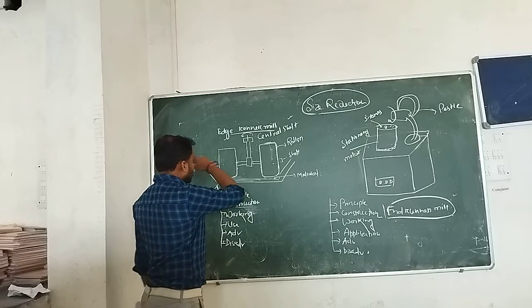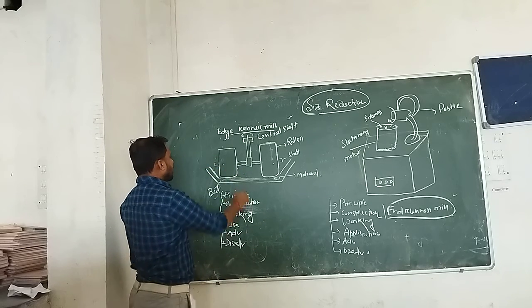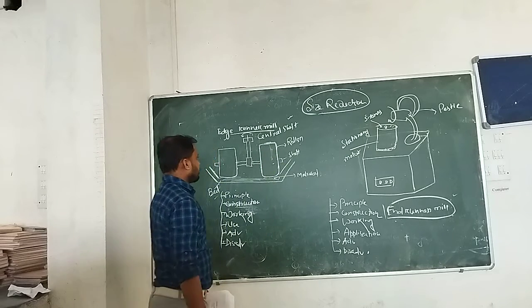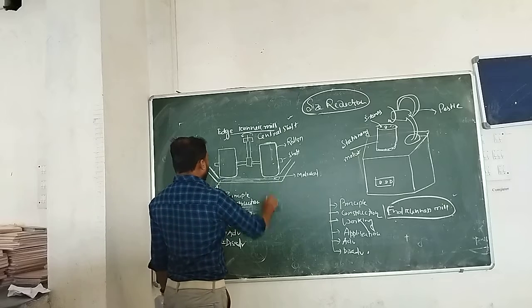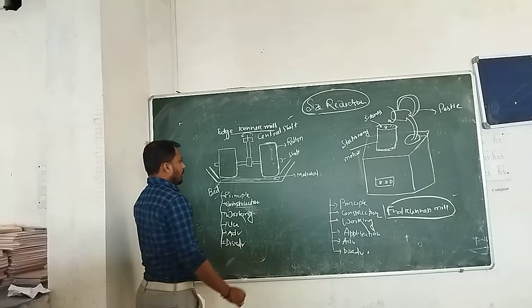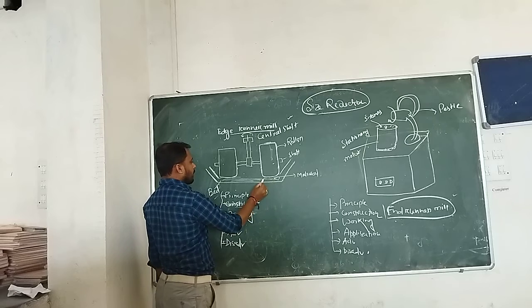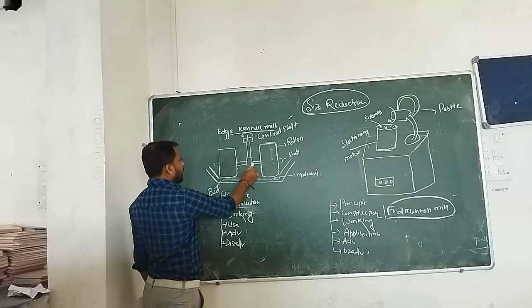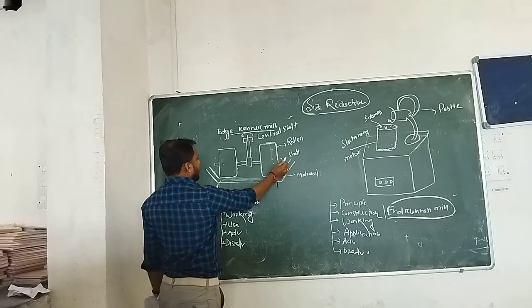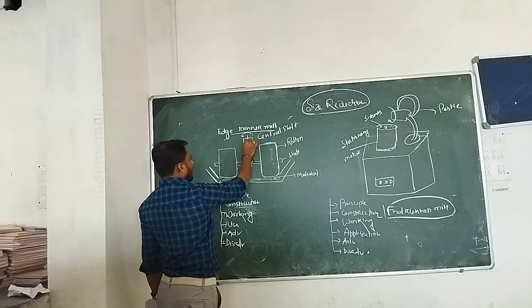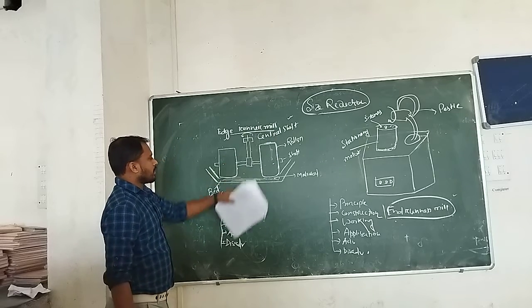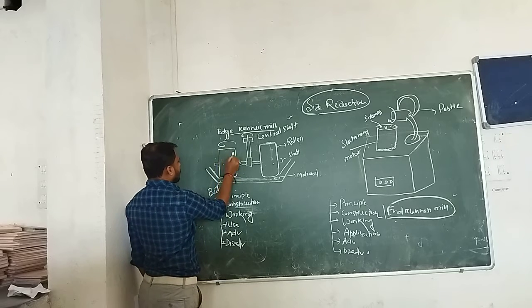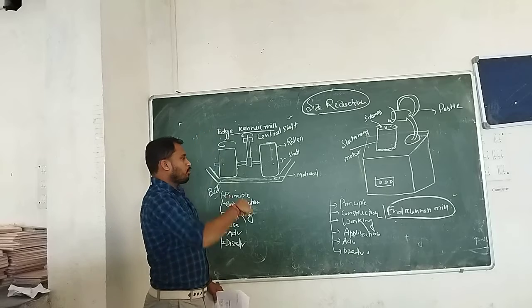Then construction. Generally this mill has two heavy rollers, and these rollers are generally made of stone. It has a bed portion, which is also generally made of stone, and the material is placed on the bed portion. These two heavy rollers are joined by a central shaft, and they are also attached with another central shaft. So the two rollers rotate on their own axis, and they also move upward and downward.